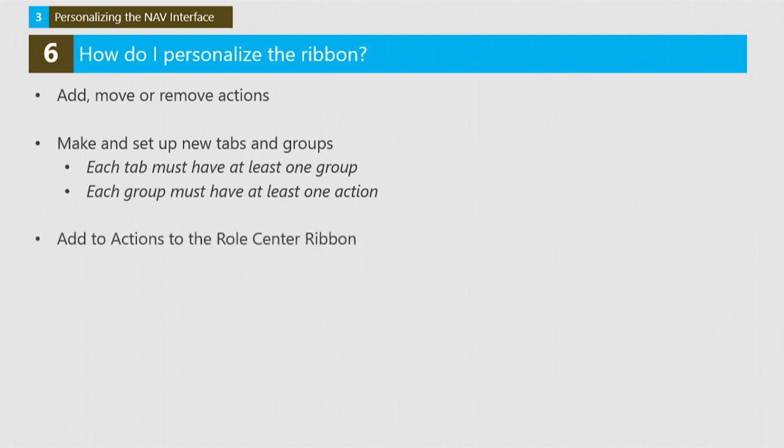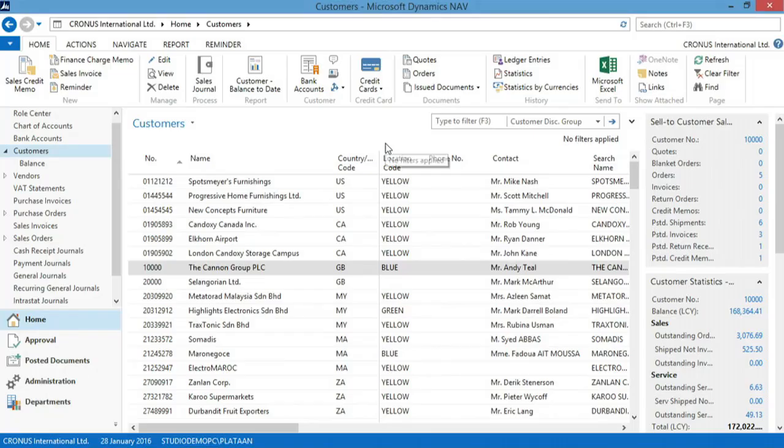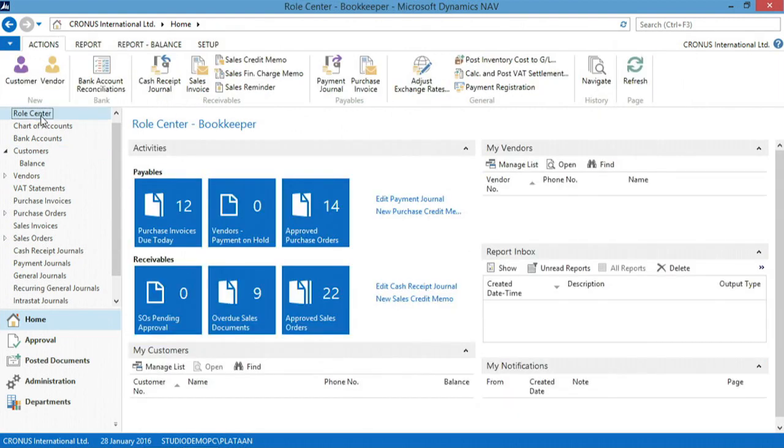And then there's another very important or interesting concept, and that's adding actions to the role center ribbon. And that's also something I would like to show you. So if I go back to my application, you will see that the role center also has a ribbon. So when, in this case, my bookkeeper role center has a ribbon with, for me, the most important features as a bookkeeper. So I can very easily create a new customer, create a new vendor, go to the bank account